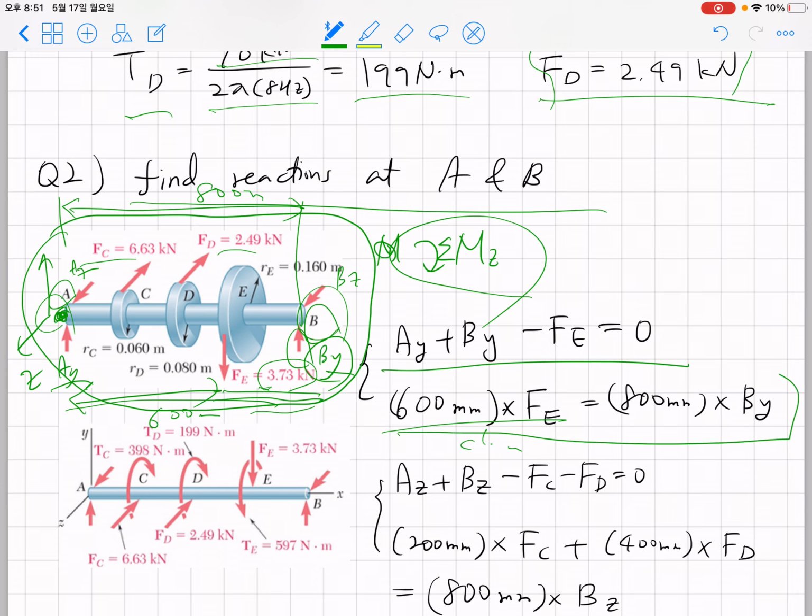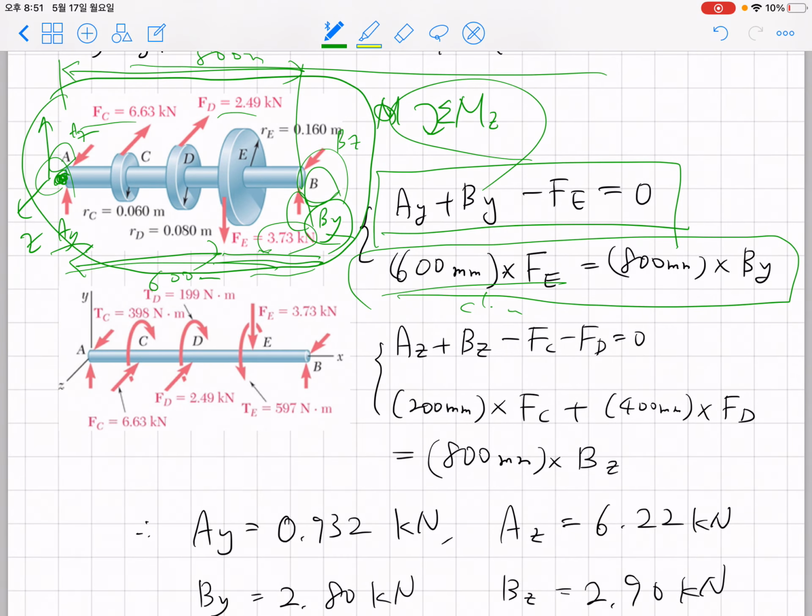Okay, so this is the torque balance equation and the force balance equation. Now let's consider force balance in the horizontal direction: AZ, BG, and FC and FD. So you have force balance along the horizontal direction. And about the torque balance, with respect to point A, you have